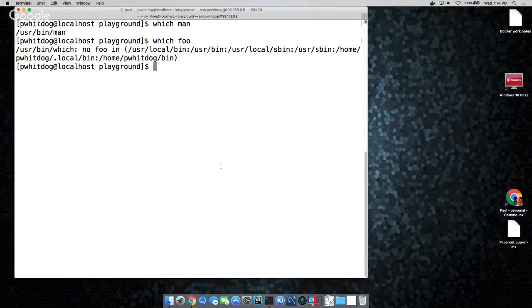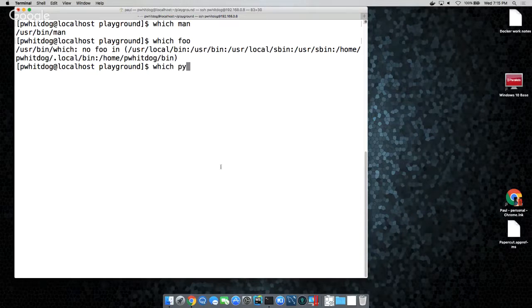Like which foo, it won't exist, right? And it will say I didn't find foo, and it'll show you the places it's looking, so you can see what's in your user path, and you can go, oh, that's why I didn't find foo. The path to foo is not in the user path here. Or like Paul said on the first one, which man tells you where man is at. So if you're looking for a third-party app, or which Python, yeah, which Python and which node.